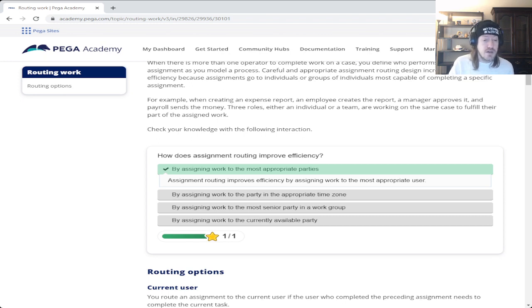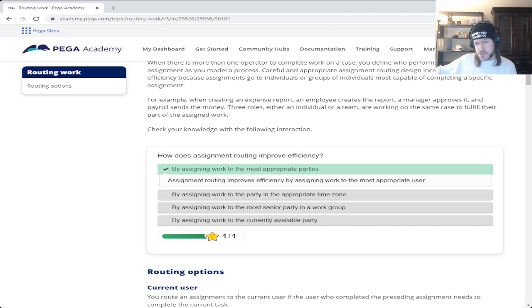If you have, say, manager and payroll on opposite sides of the world, right? You have a manager in America and you have payroll in India, or vice versa. And your work is at the end of the shift here in the States, and you really wanted it to go to the managers, but it's the end of the shift.